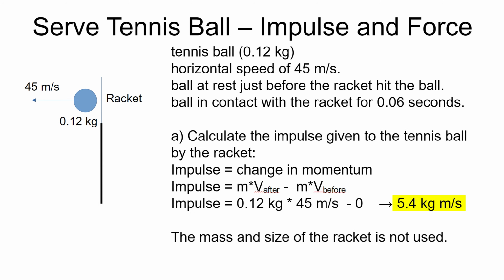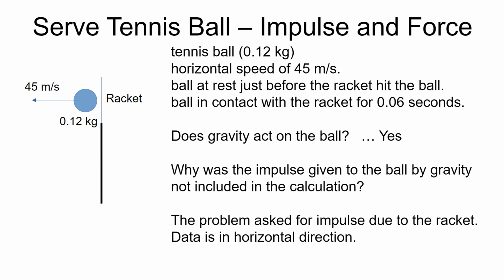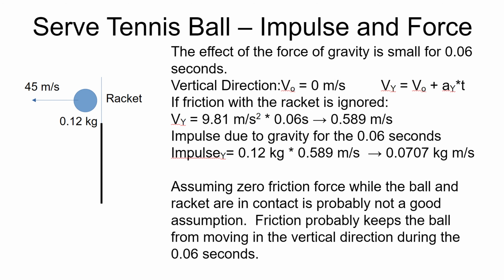That's the impulse in the horizontal direction. So let's talk about the force of gravity for 0.06 seconds. If we imagine that there was no friction on the ball during the time of collision, that's a bad assumption, but if there was no friction, then we have vertically acceleration due to gravity. We can find the velocity after the 0.06 seconds has elapsed, and that turns out to be 0.589 meters per